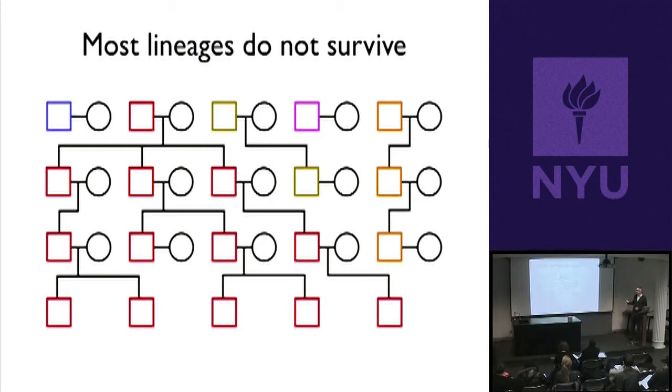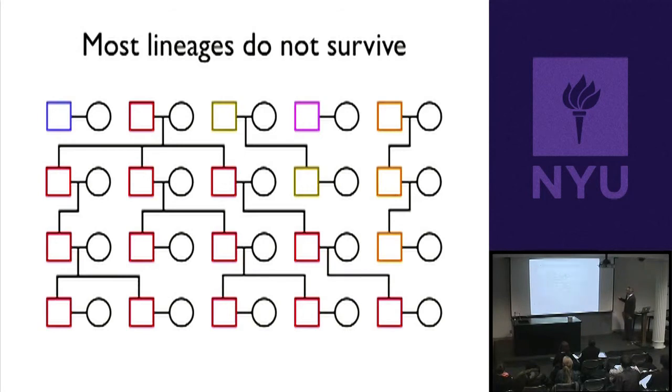Okay? And so the way to look at this is to say that all of these sons here trace their ancestry, at least of their Y chromosome, back to that male. Okay? He is basically the great-grandfather of all of these males. So all of these males have his Y chromosome, and these other Y chromosomes are gone. Okay? Now, and this will repeat again and keep going forever, but the important thing to realize is that